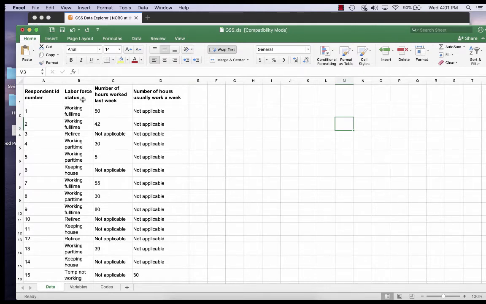downloaded the labor force status data, which is categorical, the different types of working conditions people are in: working full-time, retired, part-time, keeping house, etc. Then I also downloaded the number of hours worked last week and the number of hours usually worked in a week. Now, if we're really interested in analyzing this data here,